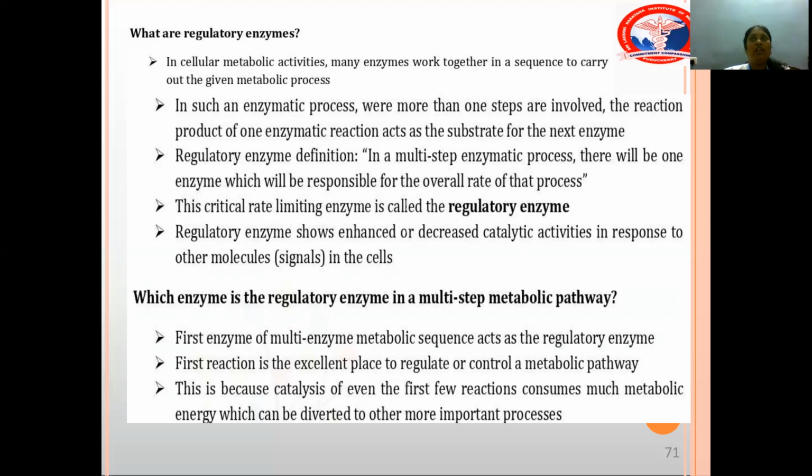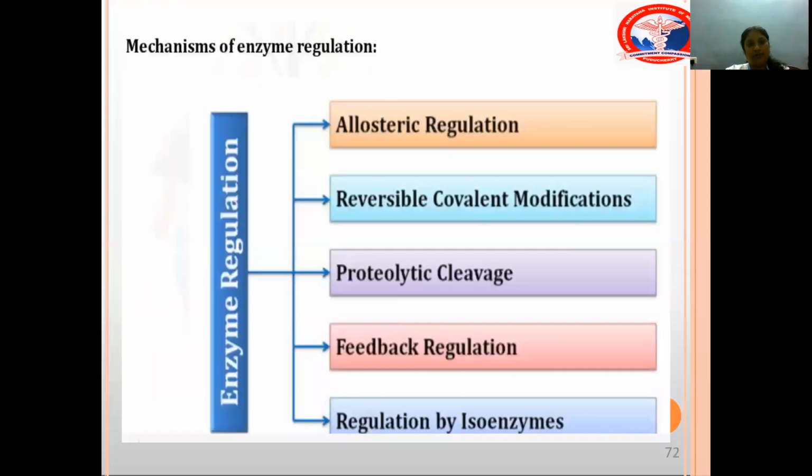So if there is no need for the ATP production itself, you just regulate the glycolytic pathway at the very first step, because downstream pathways require more energy to be consumed to make it happen. So we don't want energy to be wasted. In that case, we always want the first reaction to be the rate limiting step so that further downstream reactions don't happen whenever there is no requirement. So that is what they have explained.